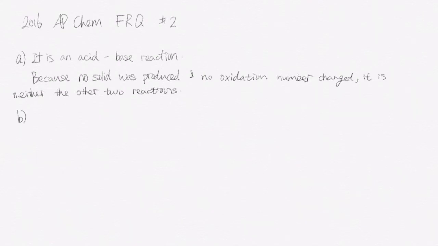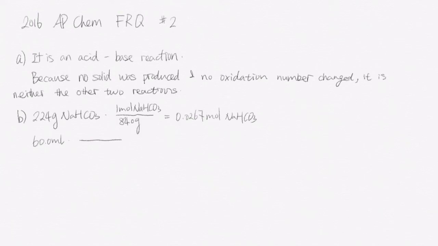Question B is asking about the limiting reactant. So we use stoichiometry to solve this question, and we calculate the moles of each reactant. For 2.24 grams of NaHCO3, it's 84 grams per mole, so we get 0.0267 mole of NaHCO3. There are 60 milliliters of HC2H3O2. Its molarity was given in the question, so for every 1000 milliliters there's 0.875 mole. So the number turned out to be 0.052 mole of